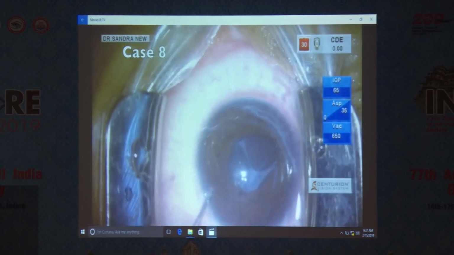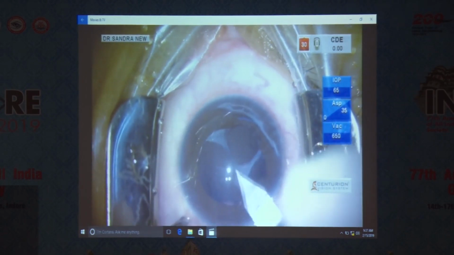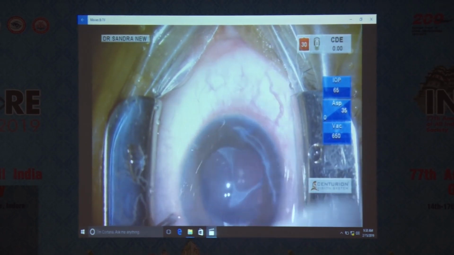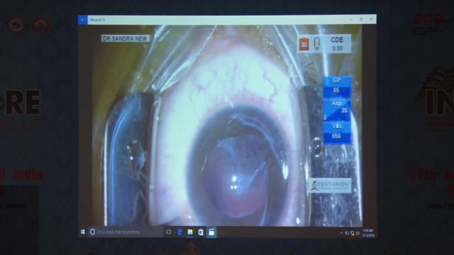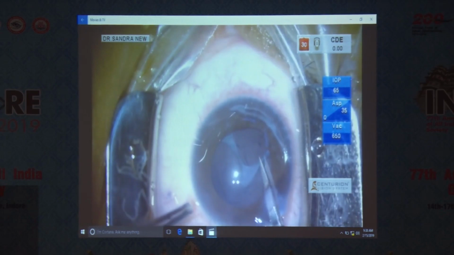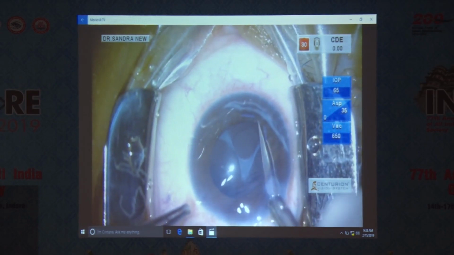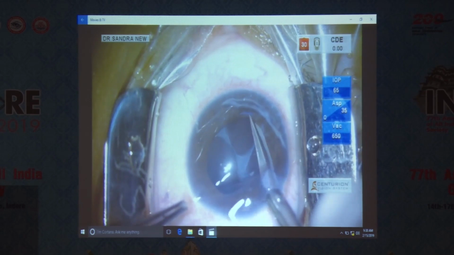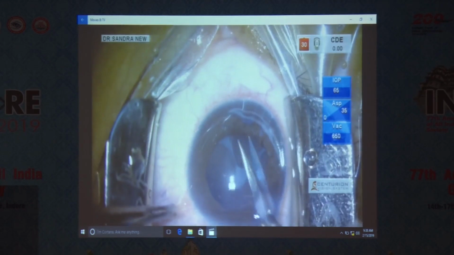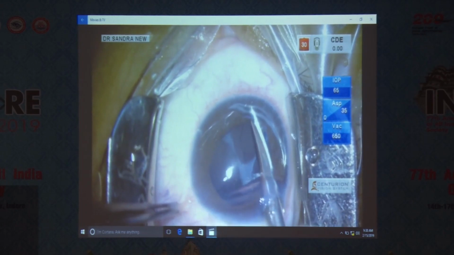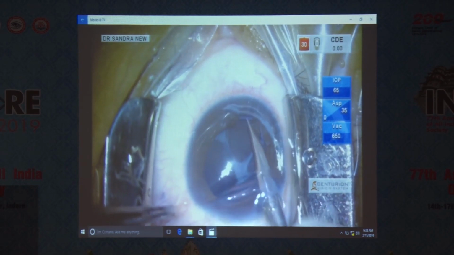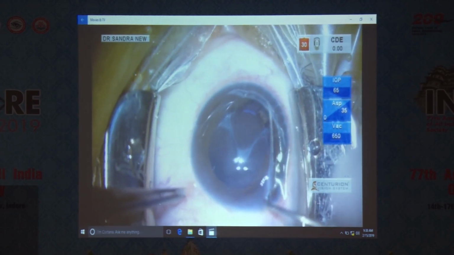So here again you can see the secondary lens being implanted. Most of the posterior capsule is intact except at the site of the initial injury, where you can see that there is a dehiscence, and also there is a lot of opacification in the visual axis itself. So I am trying to release with the spatula, but since being unsuccessful, cutting it with the help of the Vannas scissors, because we need to form the sulcus in that area also, otherwise the pupil is going to get captured there. So after cutting the iris tissue with the Vannas, there is space for injecting the IOL there now,